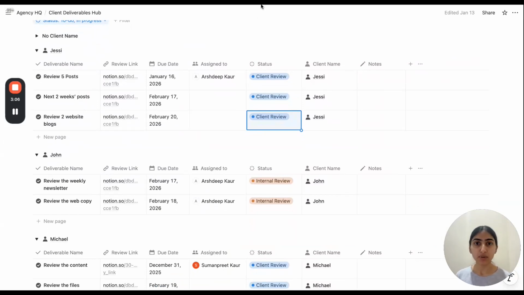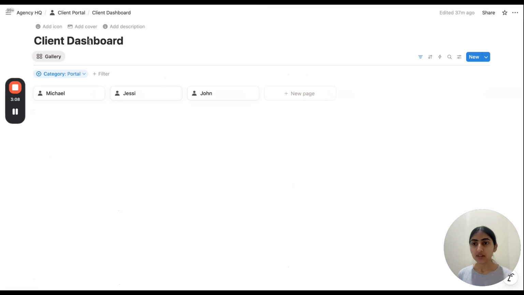As a second problem, we discussed that there is a lot of back and forth communication between the client and the founder for giving the context and sending the same updates. Firstly, this problem exists because your clients don't have visibility to see what's happening and what the progress is. Because of that, there is a lot of repeated communication and repeated check-ins with each other. So to solve this problem, we have a very simple system called the client portal.